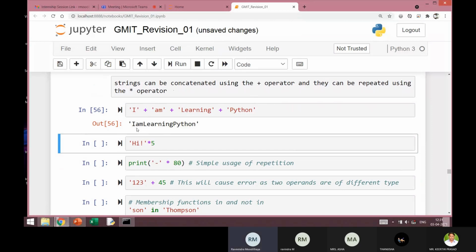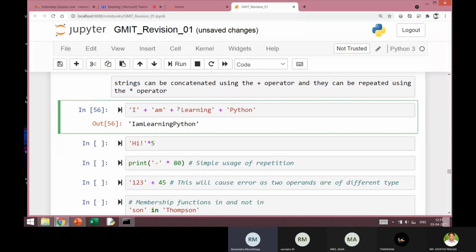Don't worry about spaces because I have not given any space here, so it is not looking like a proper sentence. It is just 4 groups of characters joined together, and it gives me one single string. If I want a space character at the end of every statement, probably I should add them here. There's a manipulation that you'll have to do.